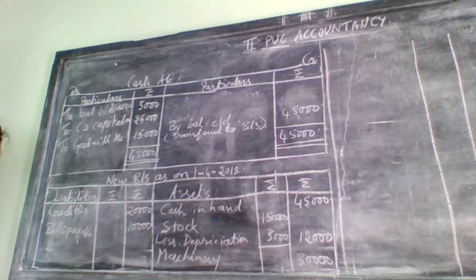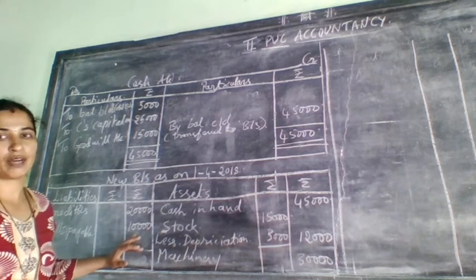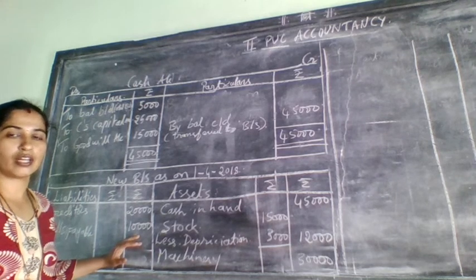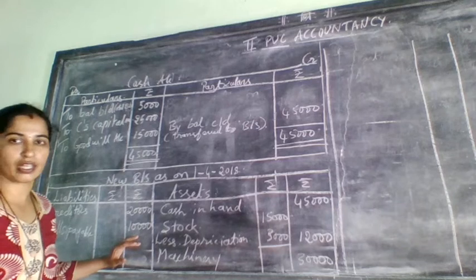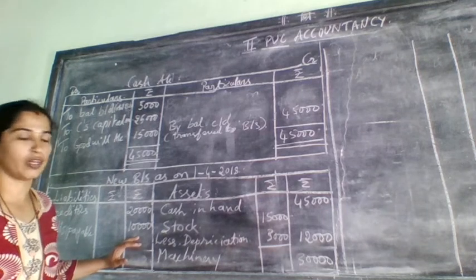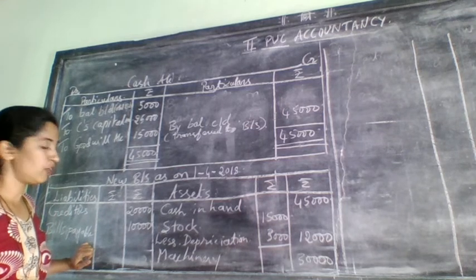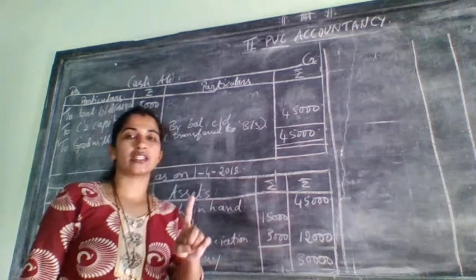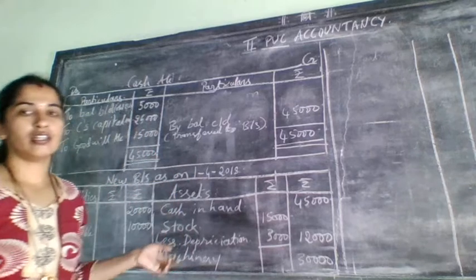Next they have given what? Reserve fund. Correct? So don't write reserve fund again in the new balance sheet. Why? Because reserve fund was already distributed in which one? Already distributed in partners capital account. So that amount was over there only. That adjustment will be over there. So don't take that reserve fund here in the new balance sheet. Whatever it is there in the old balance sheet, it will appear only once. Either it will be in the partners capital account or it will be in the new balance sheet.